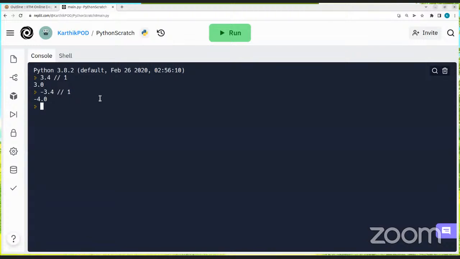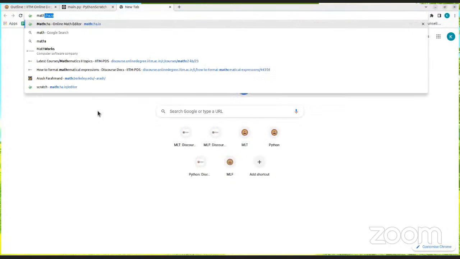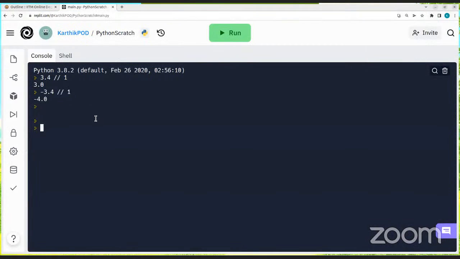Okay, did everyone get this solution? So minus 0.4 should be minus 3 now, sir. No, floor, right? So if you look at the floor division, so mathematically the integer part of the coefficient should be minus 3. No, it's not that. You don't look at it that way.